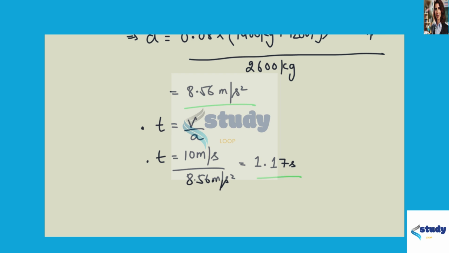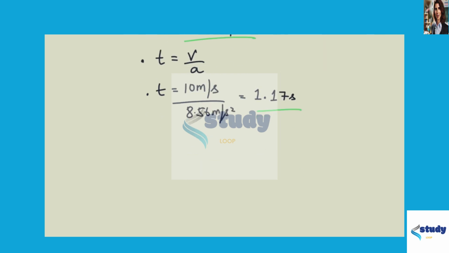Substituting the known values into the equation of distance traveled, d is equal to half times a, that is 8.56 meter per second square, times t square, that is 1.17 seconds whole square, and this comes out to be 5.46